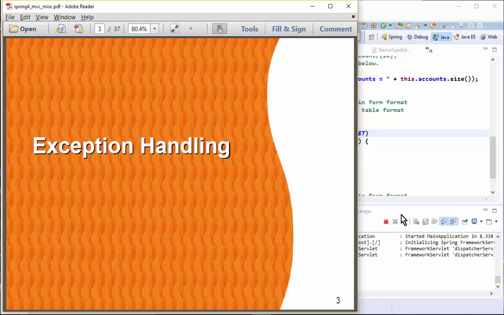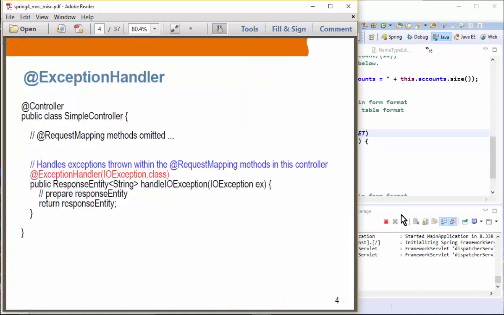Let's talk about the exception handling. Spring has the ExceptionHandler annotation, so basically it will handle exceptions, specifying what exception it is going to handle. In this case, we have it inside the controller, by the way, so this exception handler will handle any exceptions that occur within this controller, as long as that exception is of type, in this case, IOException. So all IOException and its subclasses, maybe FileNotFoundException and things like that, will be handled